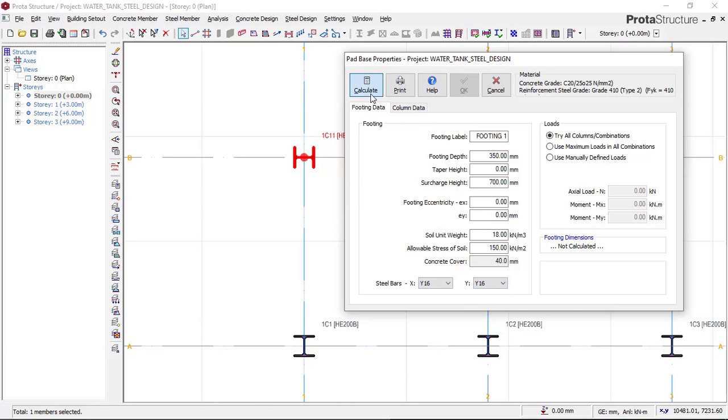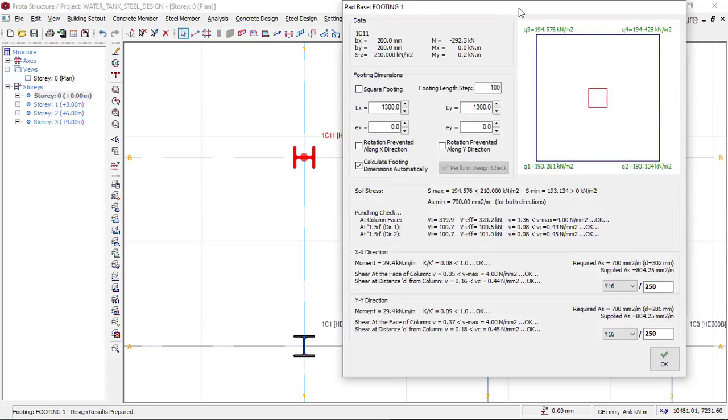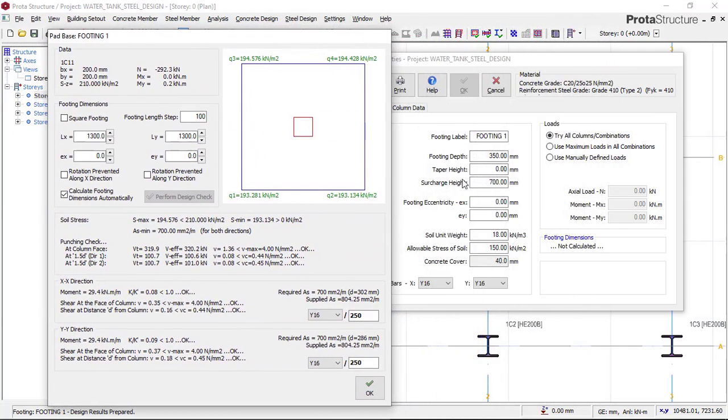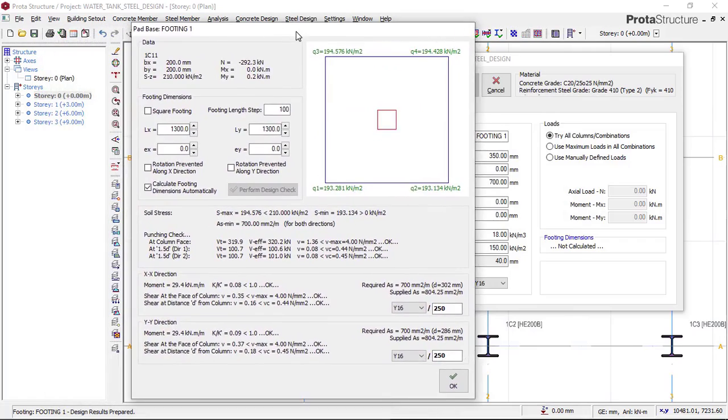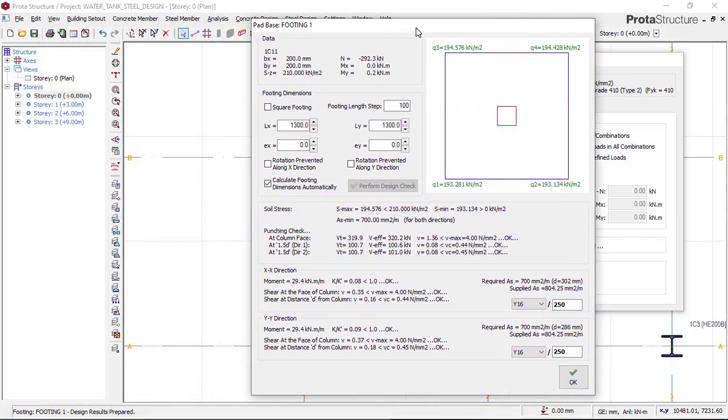calculate. By clicking on calculate, it takes the whole parameters that we have already input here to size the footing and also calculate the footing against punching. Right now, first of all, I want a square footing, so I'll click on square footing. You can see that the size of our footing is 1200 millimeter by 1200 millimeter, at an eccentricity of 0 and 0, which means that this steel column is at the midpoint of our